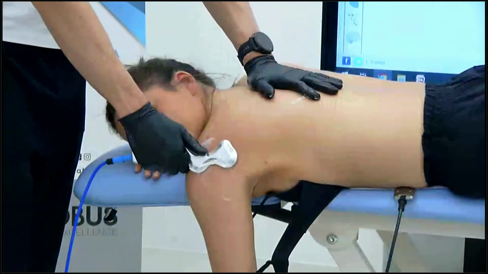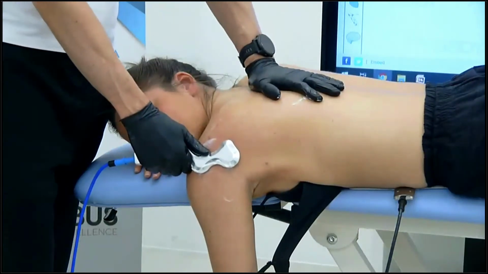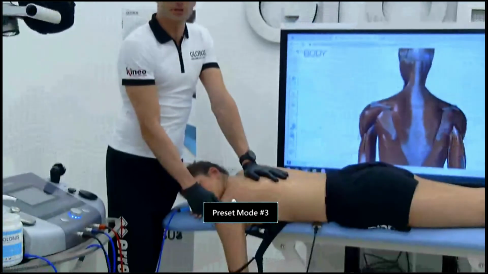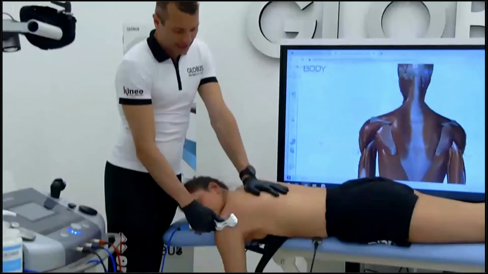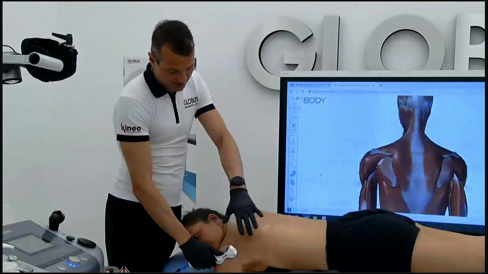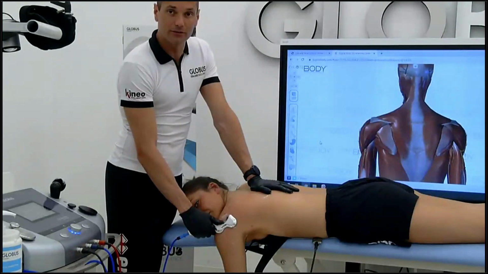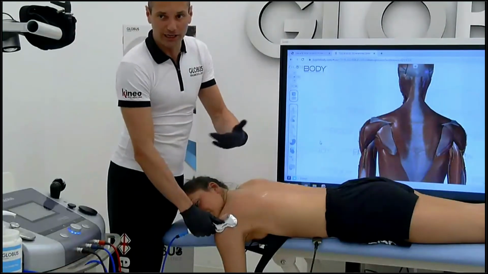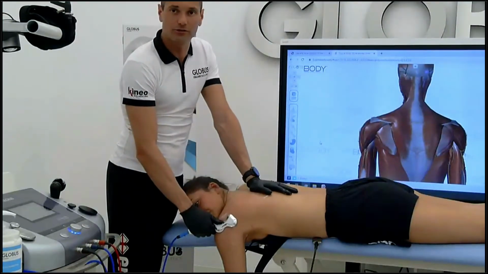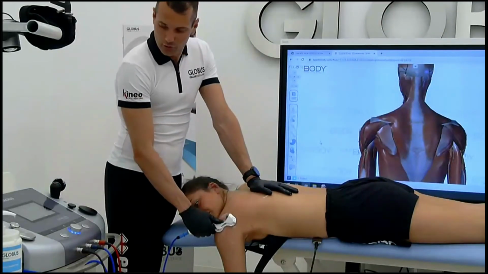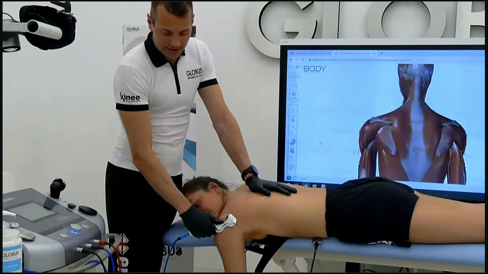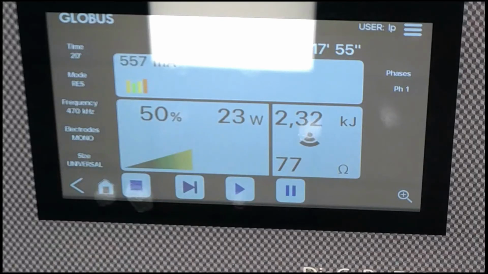Okay, if you want to warm the tissue, what you can do is just to stay in a fixed position. You put the electrode in a fixed position, flat. So you are using like a normal resistive electrode, okay? So you don't need to change to the traditional electrode. You just stay here. You wait until you reach the right temperature level, and then you go again treating the posterior part of the scapula.